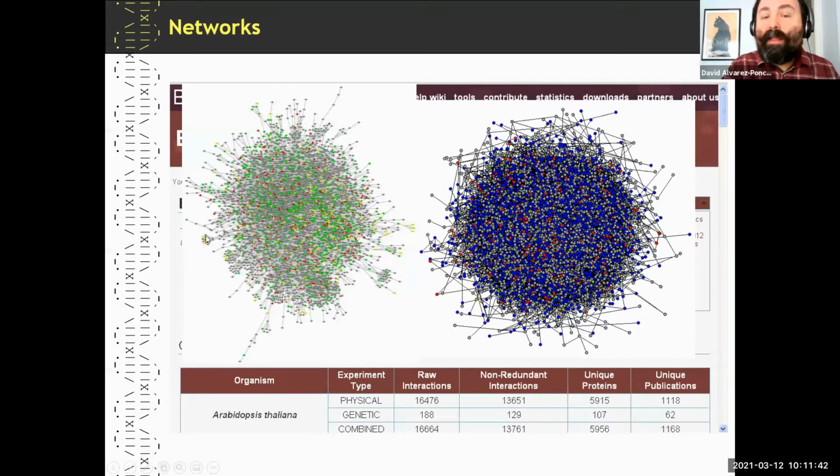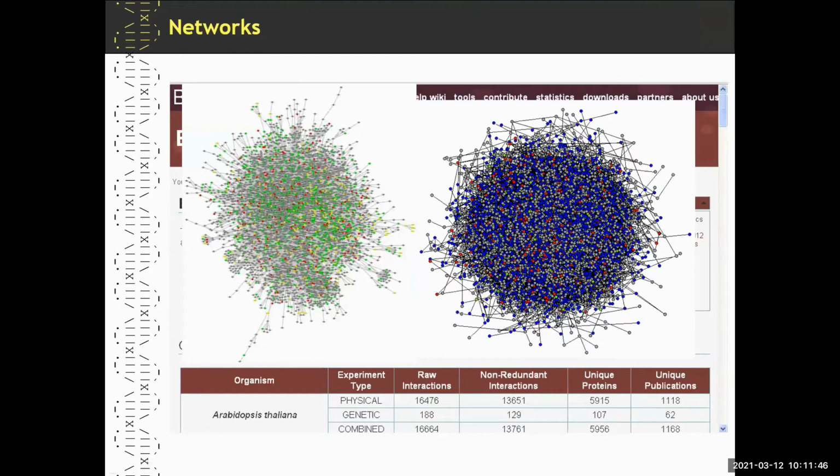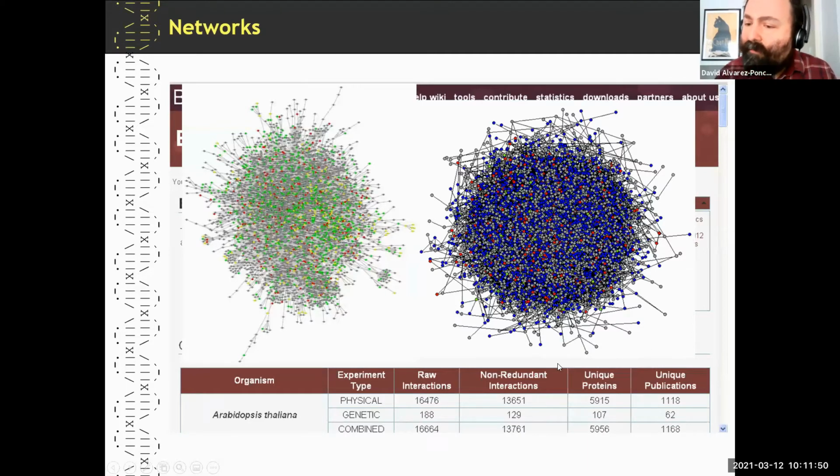This is a network that I reconstructed from the data at the BioGrid. And this is the network for human. Do we have a question? Sorry, I thought someone was going to ask a question. So this was in 2011, the human protein-protein interaction network, which I also obtained from the BioGrid